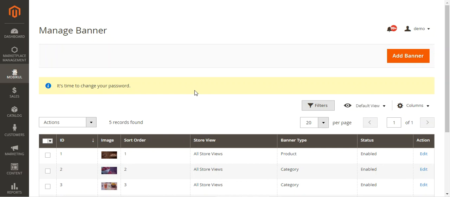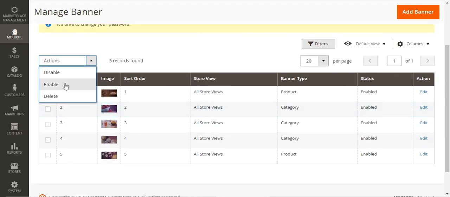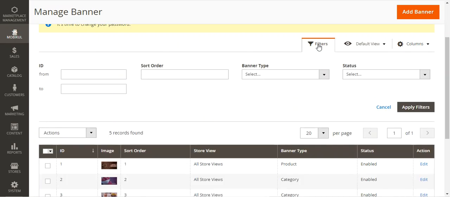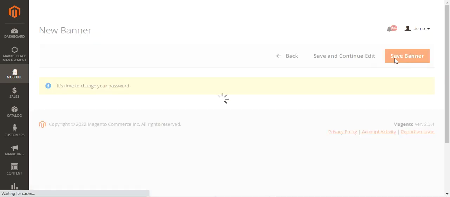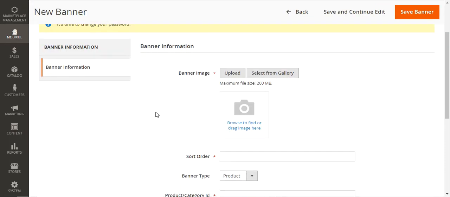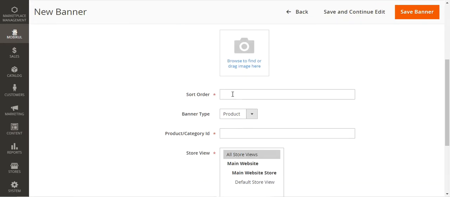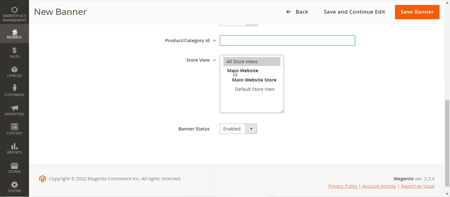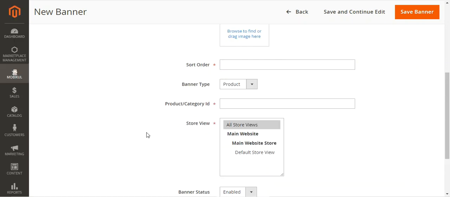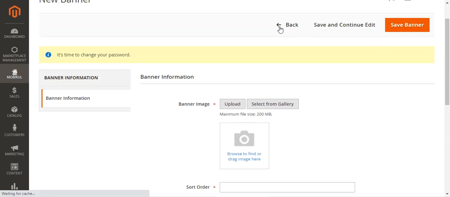the particular category there. For the banners, you can disable, enable, or delete any of the banners that you've already created. You can filter out the banners as well. And to add a banner, you can tap here on the Add Banner button, and that will bring up the new banner section, wherein you will be able to upload the image of the banner, set the sort order, choose the banner type as whether it's of the product type or of the category type. Depending upon the chosen banner type, then you have to enter the respective product or the category ID here, choose the store view, set the status as enabled or disabled there, and tap on the Save Banner, and that would